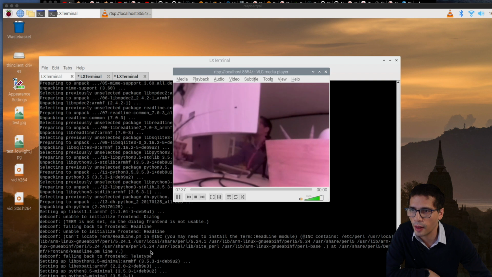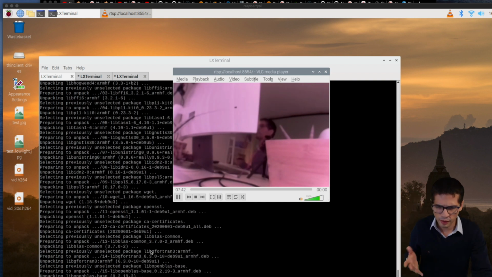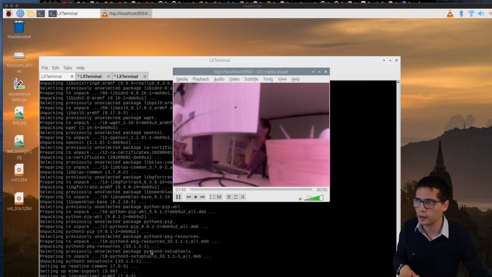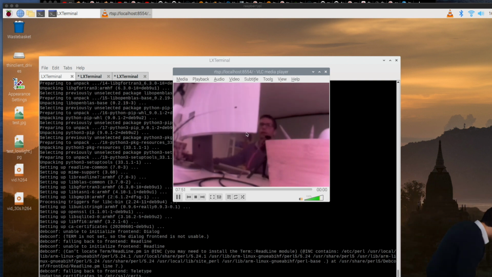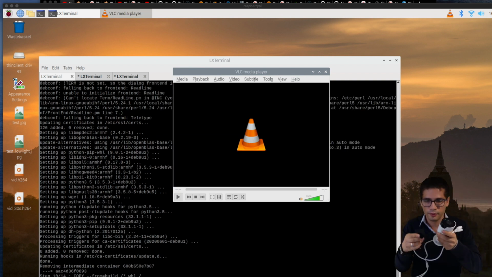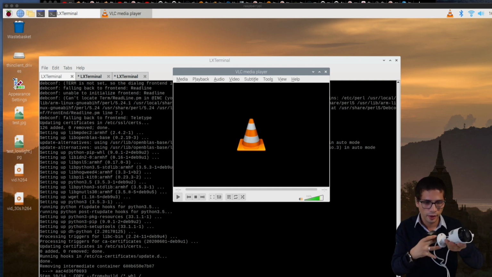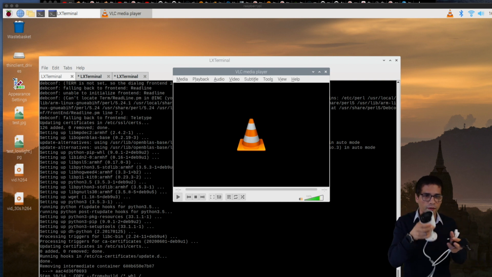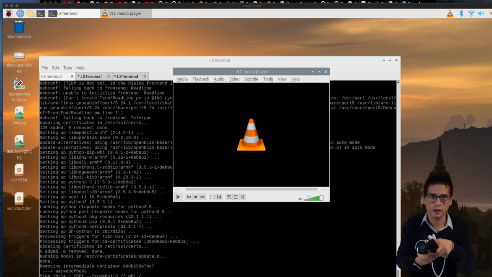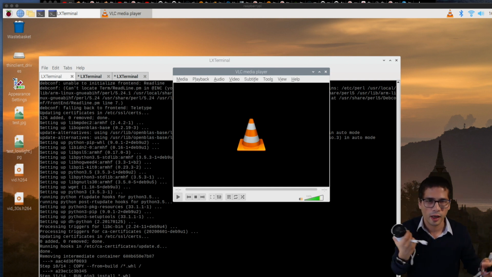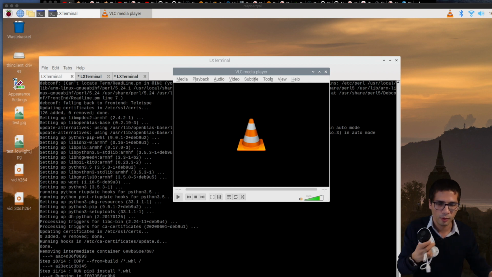And by the way, you can see here this very lousy image. It's the camera, the worst camera I have, because this is going to be a wildlife camera, so I need to be serious about the camera. I have better cameras here. They actually have an Ethernet cable, but with an Ethernet cable I can connect it to the Raspberry Pi.